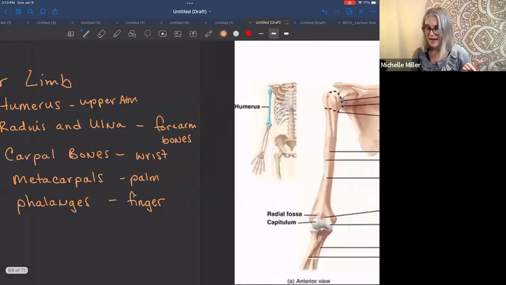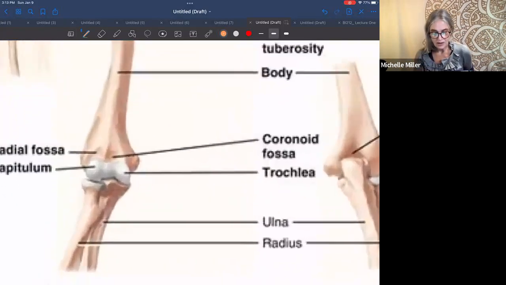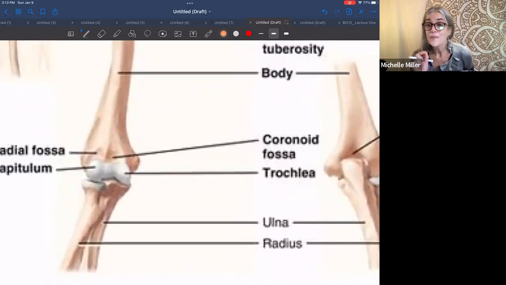Okay, so let's look at a diagram of this. We see the articulation between the distal end of the humerus and the proximal ends of the radius and the ulna. This makes up your elbow joint right here. And when we look at the structure of that, we can see that on this side we have what is called